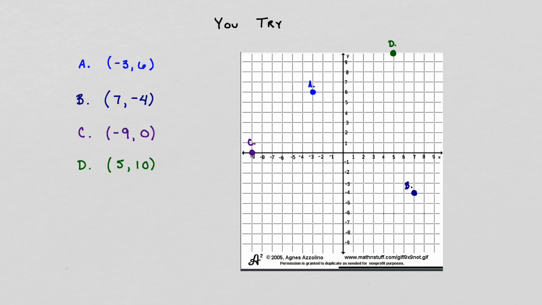For coordinate point C, we are told to just go 9 units to the left, but we are not told to go up or down. We're told to stay put because we have that 0 value there. And then for coordinate point D, we are told to go 5 units to the right and 10